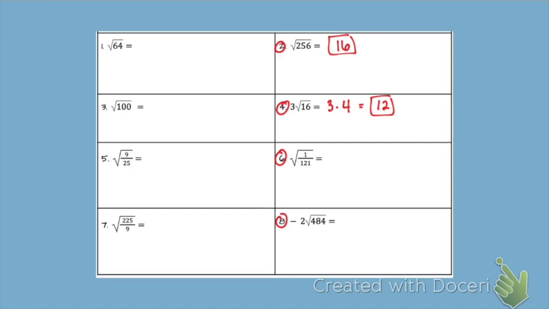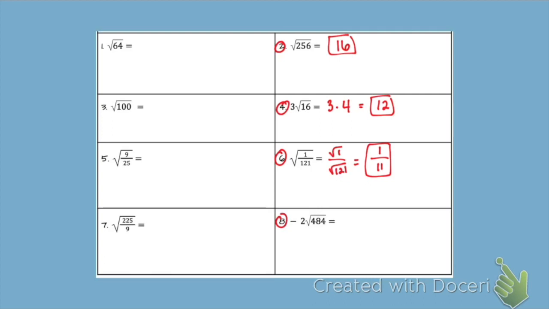For problem 6, anytime you see fractions in a radical, I want you to rewrite it as the numerator in the radical over the denominator in the radical. So see how I'm splitting the problem up here. Now, the square root of 1 is 1, so that's my numerator. And the square root of 121 is 11. If possible, I would simplify that fraction, but I can't simplify 1 over 11, so I'm going to leave it